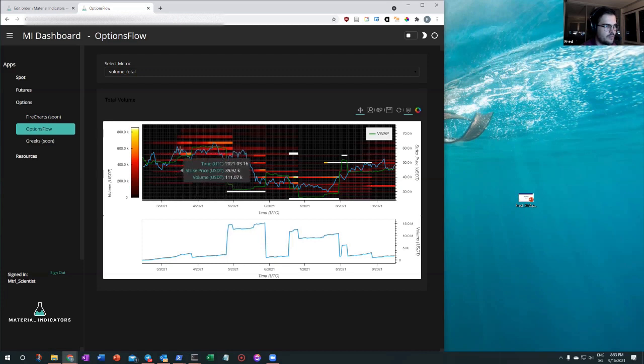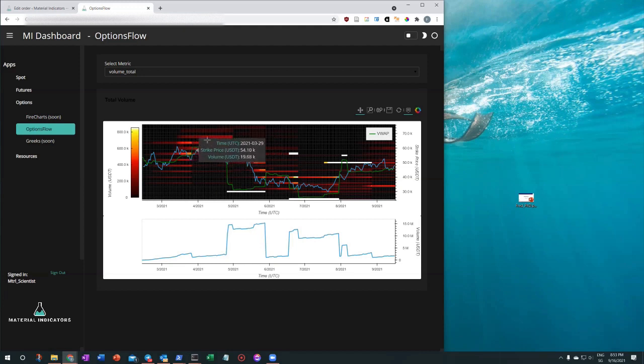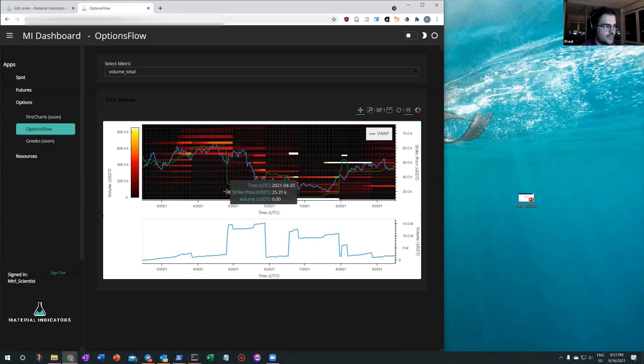So back in March, April, there was a lot of volume up here, as you can see. The VWAP went up. But then they started buying a ton of ITM calls, so in the money calls down here at 30K, and the VWAP dropped drastically,